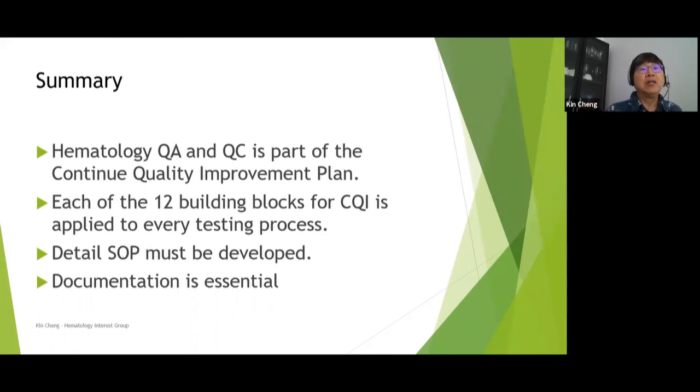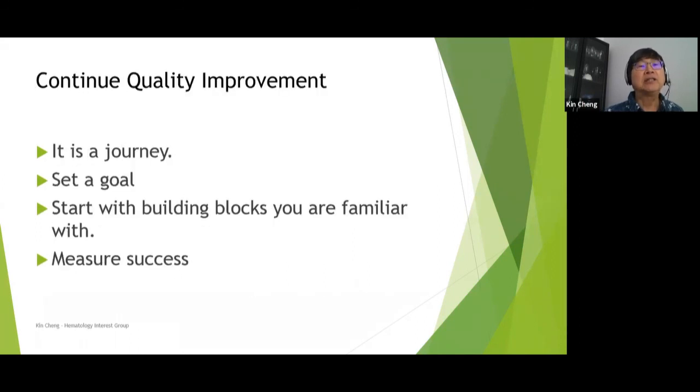In summary, we talk a lot about quality control. Quality control is just a part of the quality system. It should be just a part, but not the whole. In order to have good quality, you need a good quality system. You need the good 12 building blocks to have a continuous quality improvement system. You have to have good SOPs, and documentation is important. To be able to push that, remember